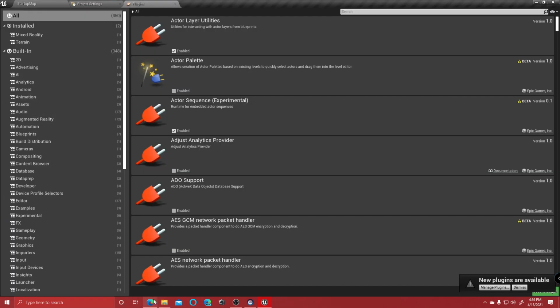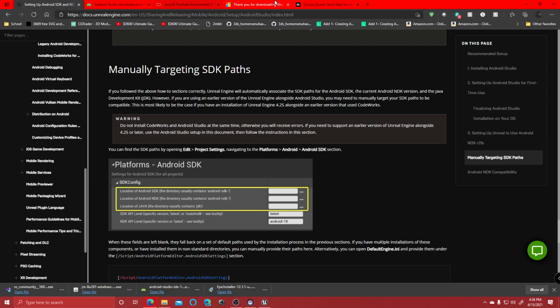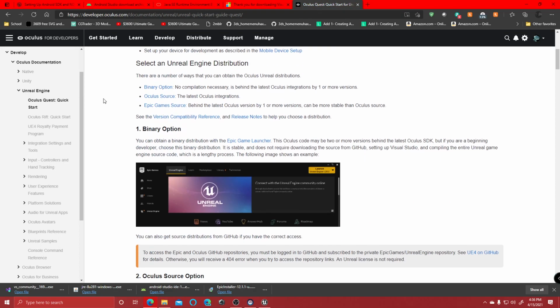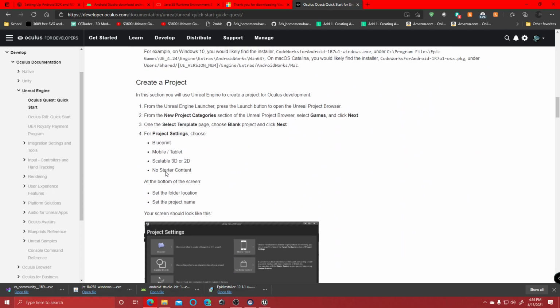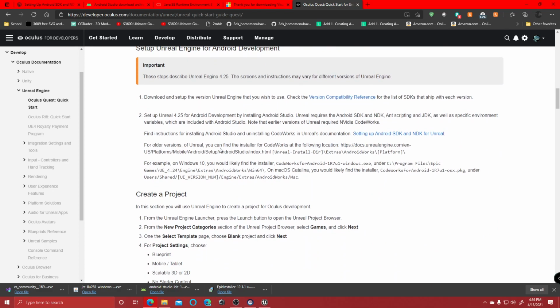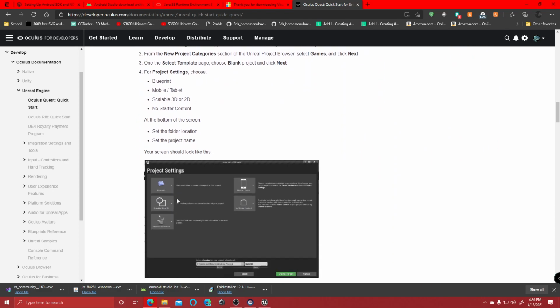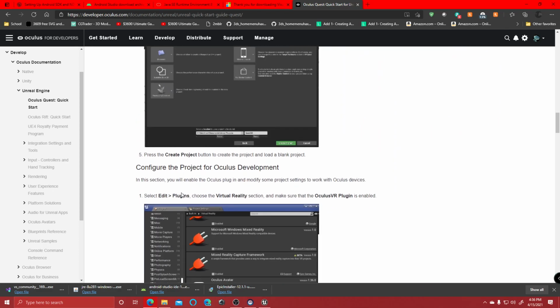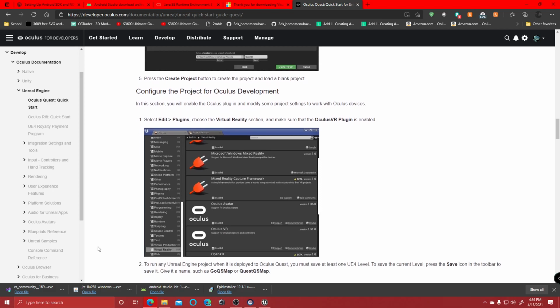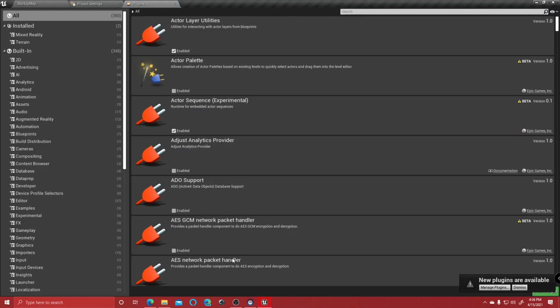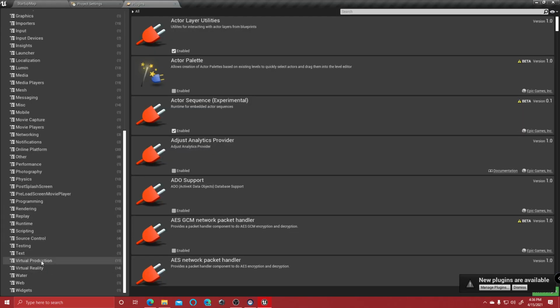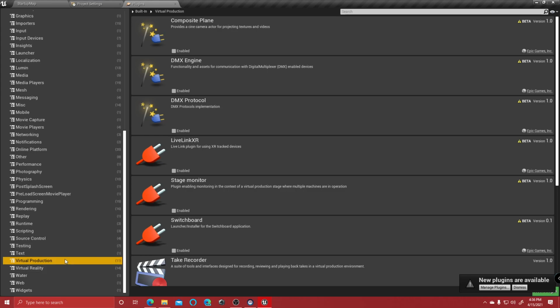Now, all the plugins that are enabled, it'll ask you to do here on the Unreal developer page. So it'll show, like, the first few things is just setting up Unreal, creating the project settings. That'll tell you all the information that I just gave you. Now, if you don't have the plugin enabled, which you probably won't your first time, you'll go to Edit and then Plugins like I showed you. Choose the virtual reality portion, and down here,